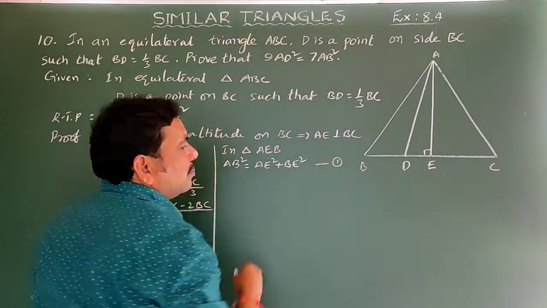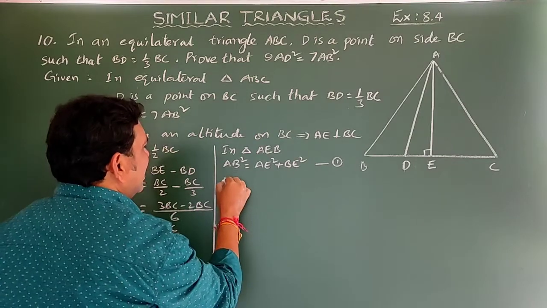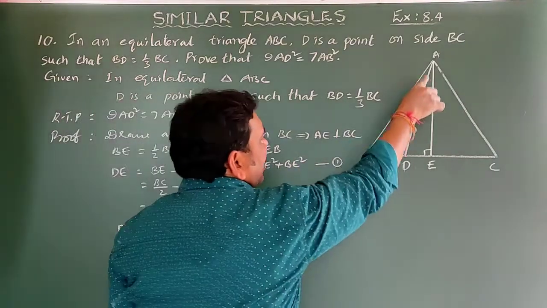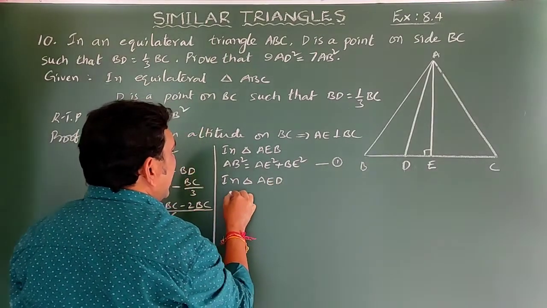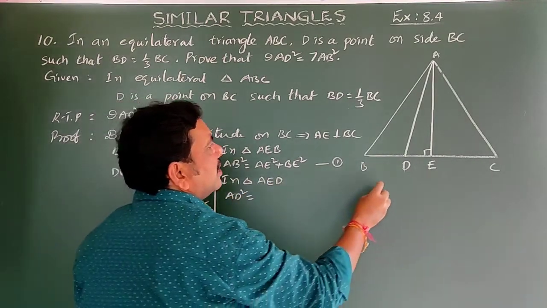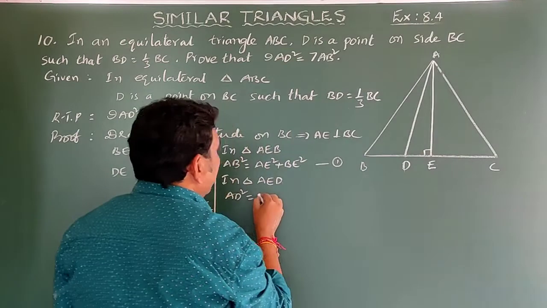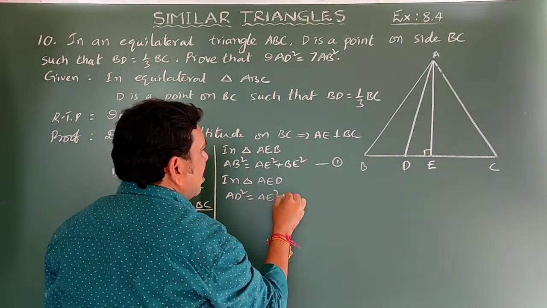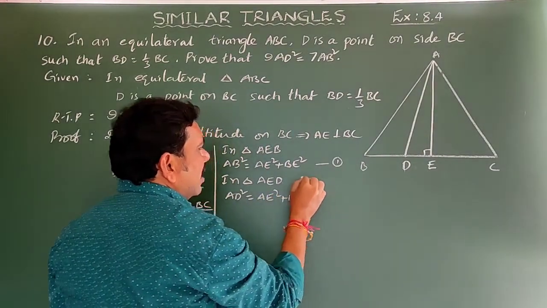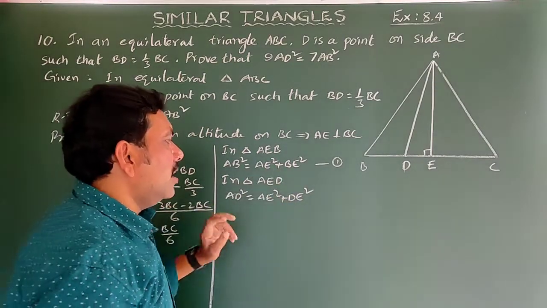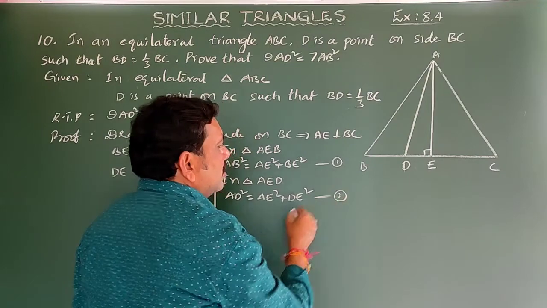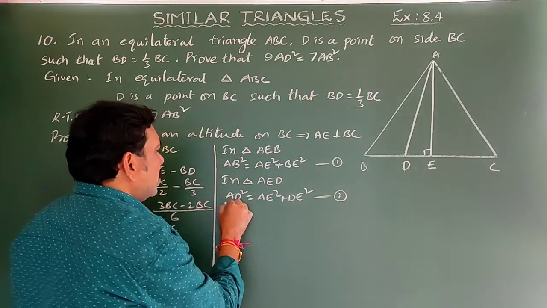So this is equation number 1. Next, in triangle AED, AD square is equal to AE square plus DE square, by Pythagoras theorem. I have written this as 2. So 1 minus 2 gives